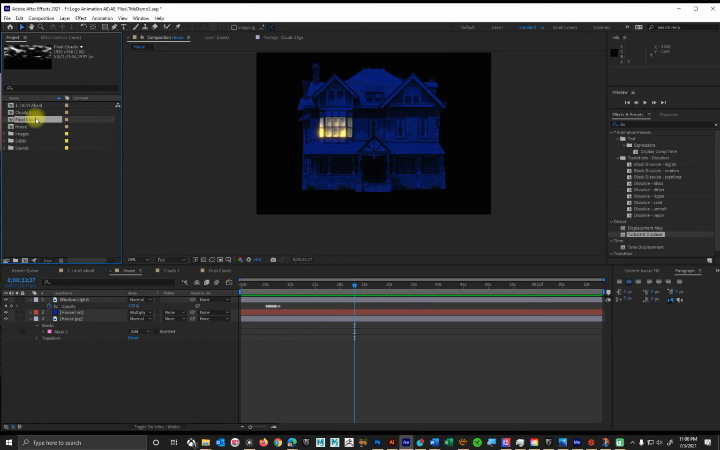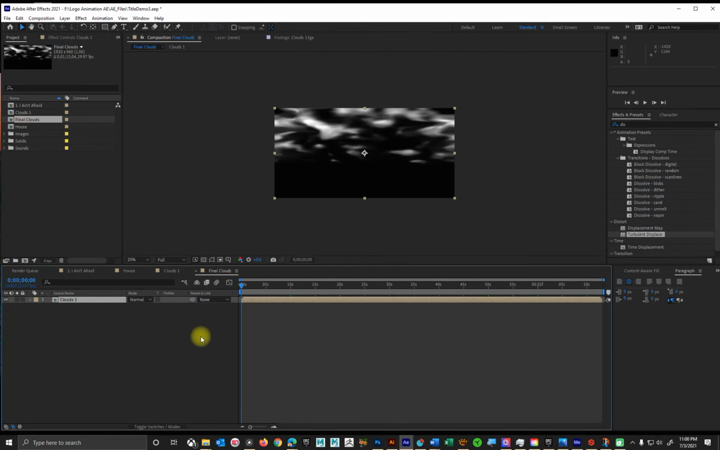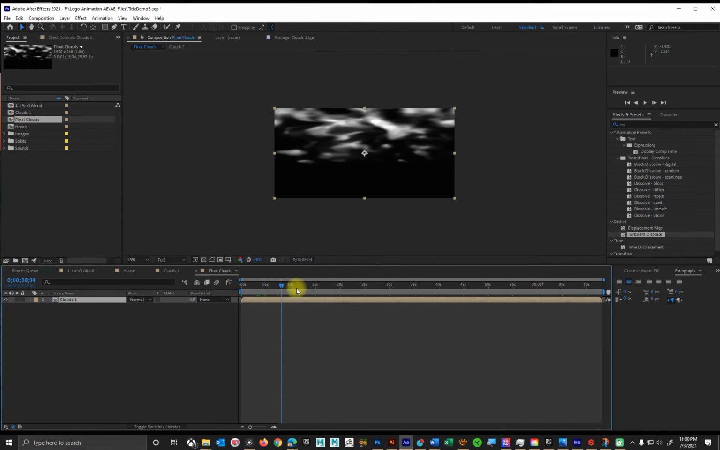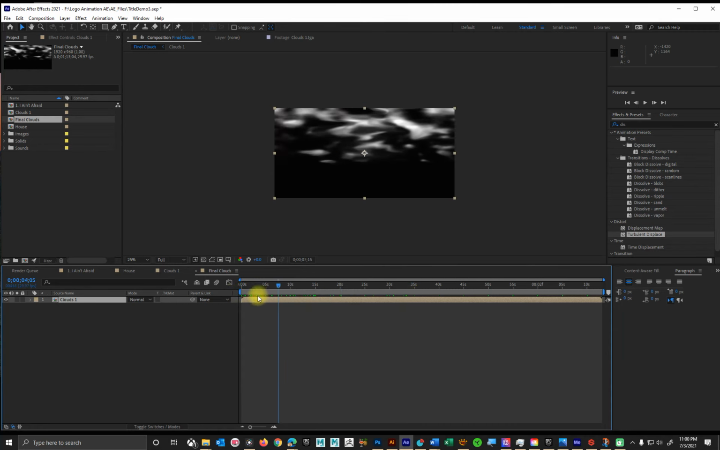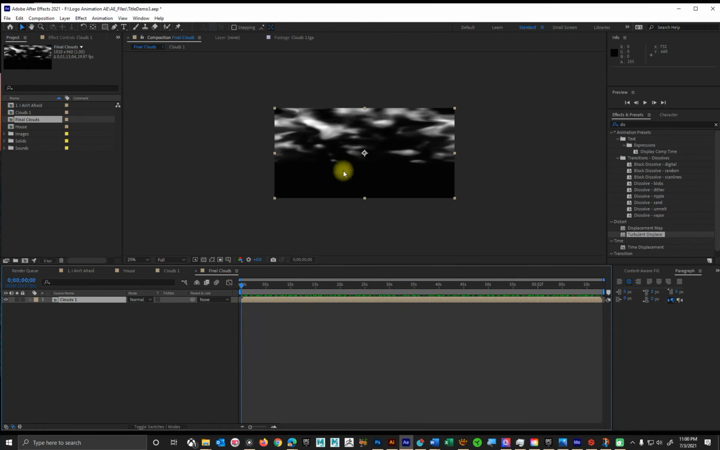So Final Clouds, double click into there. Here it is. And we just want to do a few tweaks to this. So it's working great, but we want to adjust it a little bit. So one thing I want to do, to smooth it just a little bit, let's add a